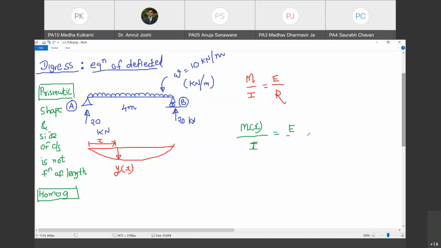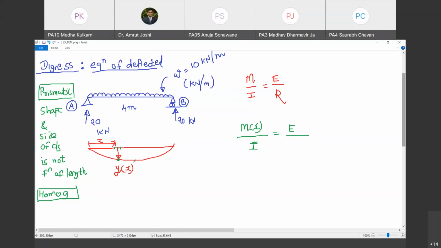What is R? Radius of gyration. Where does radius of gyration come from here? R is not radius of gyration. So let us understand what this R is. Now look, on this deformed shape, at X, I am considering this deformed position of this point. Yes, sir. Now along with this point, I am going to consider two neighboring points to it.